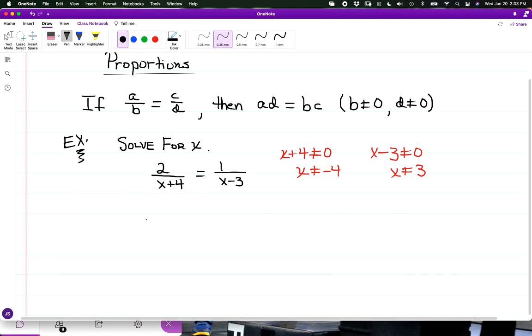And so just taking the proportional cross products, if I multiply out, you have 2 times the quantity of x minus 3 is equal to 1 times the quantity of x plus 4. So I'm just mapping together the A and D as well as the B and C items. And with distribution, on the left we have 2x minus 6, and to the right we have equal to x plus 4,